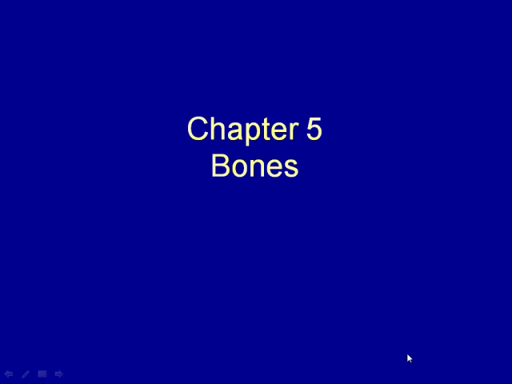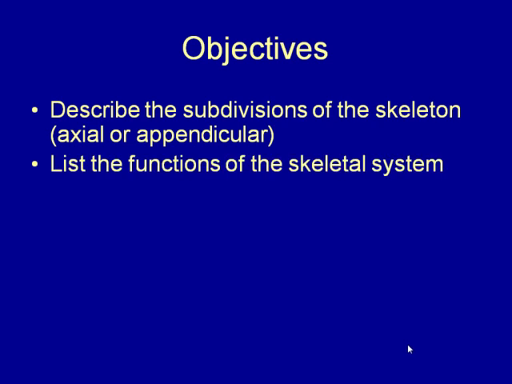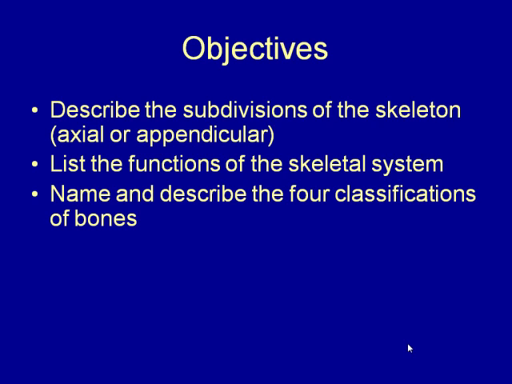In Chapter 5, we're going to explore the skeletal system, and we're going to start out by looking at bones. In this particular segment, you need to be able to describe the subdivisions of the skeleton, axial or appendicular. You need to list the functions of the skeletal system, be able to name and describe the 4 classifications of